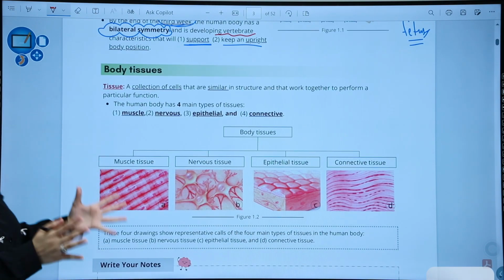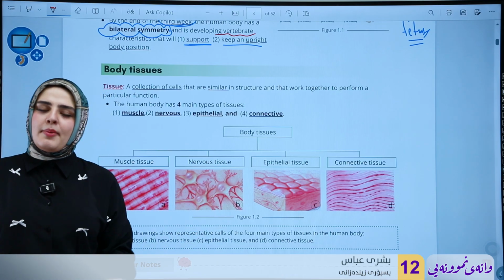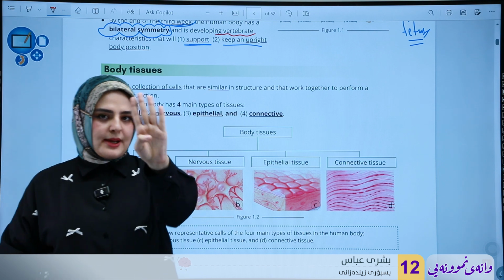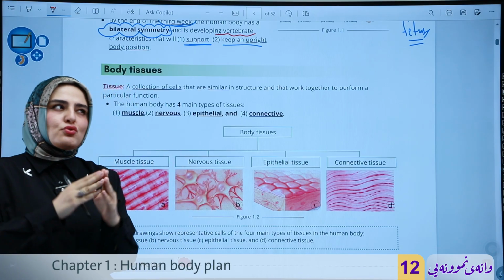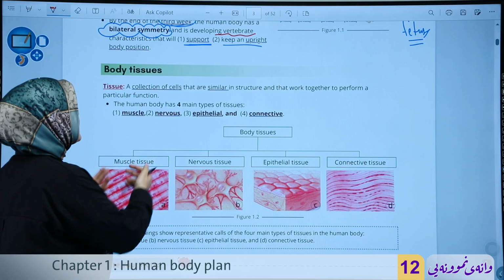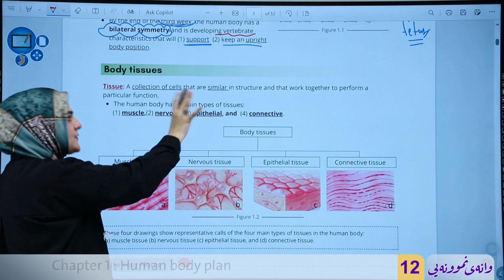Now we know how the body is formed and how it's taking shape. Let's learn about the tissues that are created. The human body has 4 types of tissue. And tissue in general, how do you describe it? It's a collection, a group, a bunch of cells,